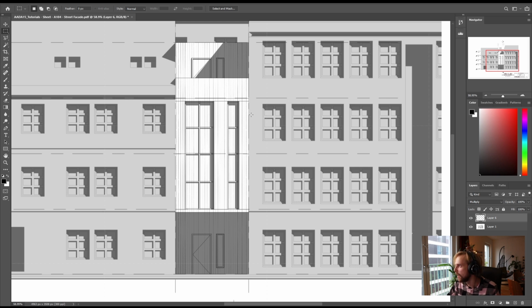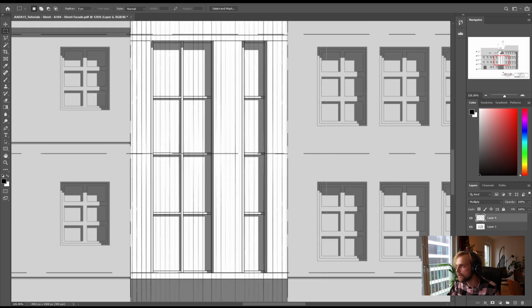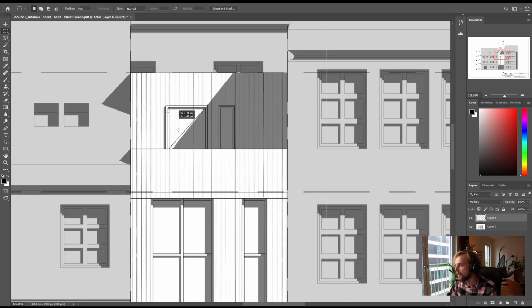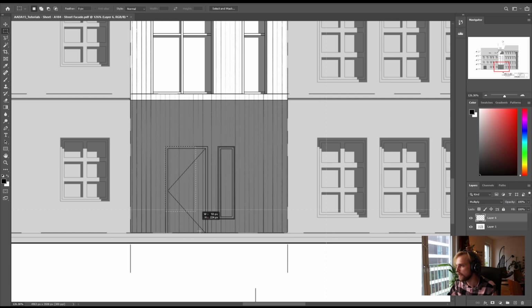Control D to deselect, and then just go to town and remove that, delete, remove that, delete. That gets removed, delete, and also that. What else? There we go. That's the doorway here. That gets removed,